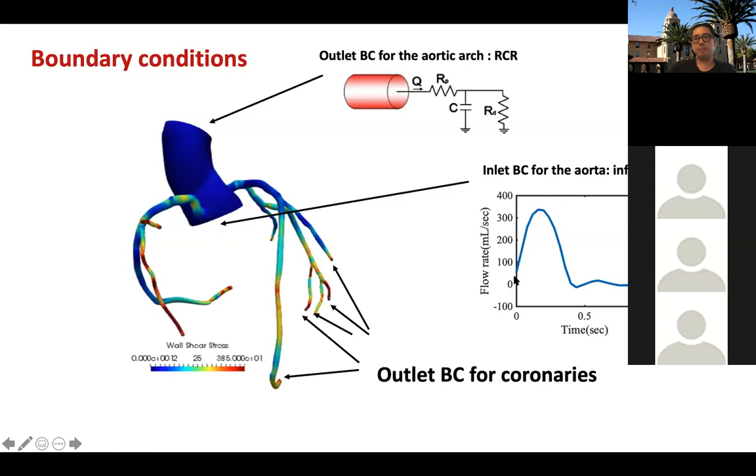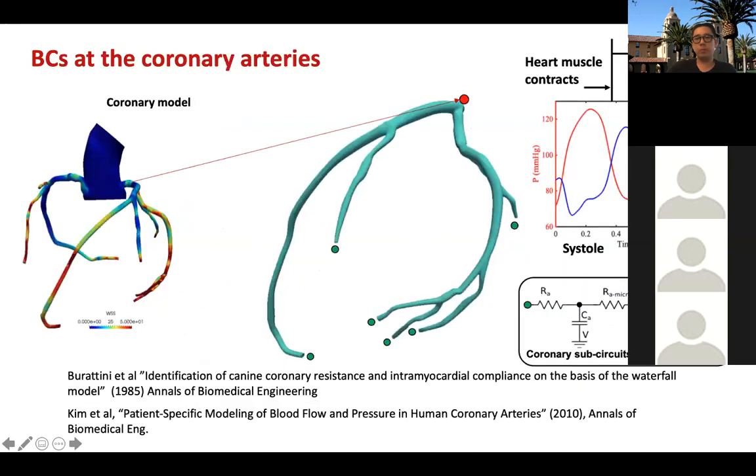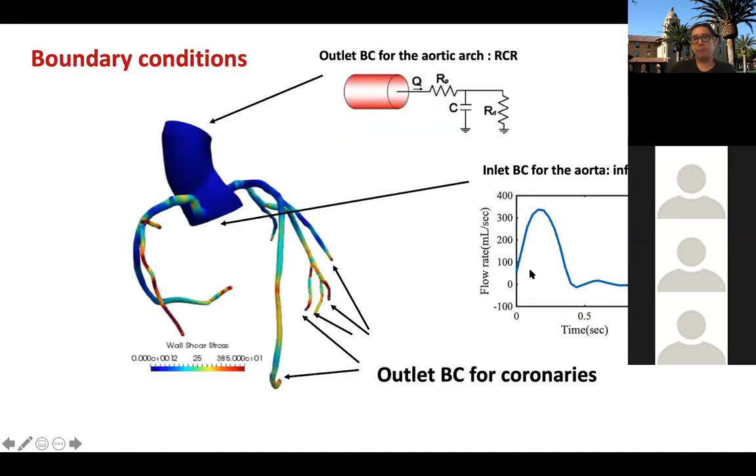So you can basically assign a time history of aortic flow waveform, and it usually goes like mean flow rates of around 100 milligram per second. And at the outlet of the aorta, you can attach an RCR boundary condition that can incorporate the resistance and also the capacitance effect of the downstream